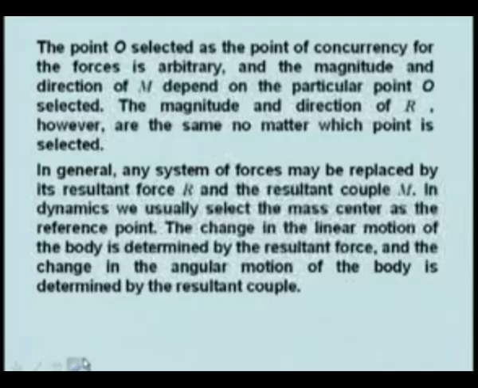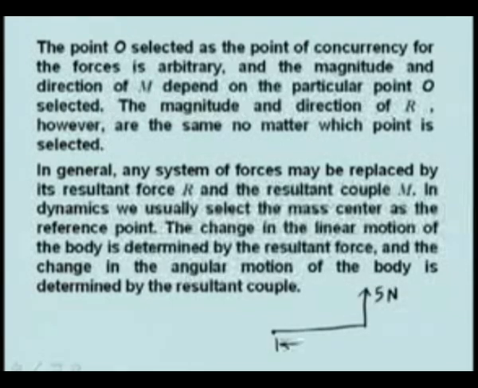So, giving a simple example, if you have a force F, 5 Newton force acting at a distance of 1 meter from O, that can be replaced by a force